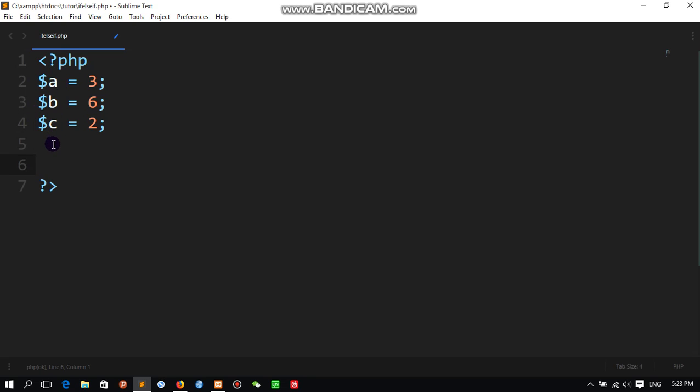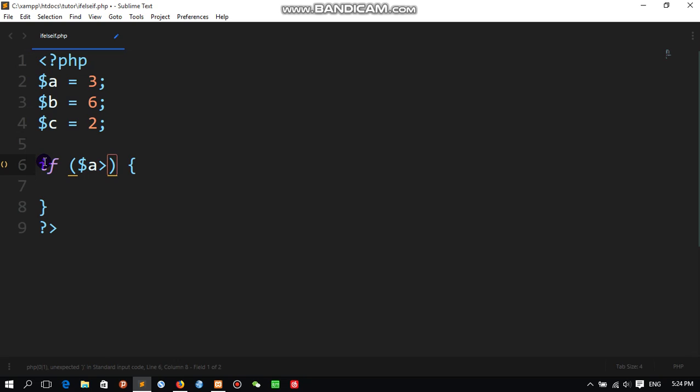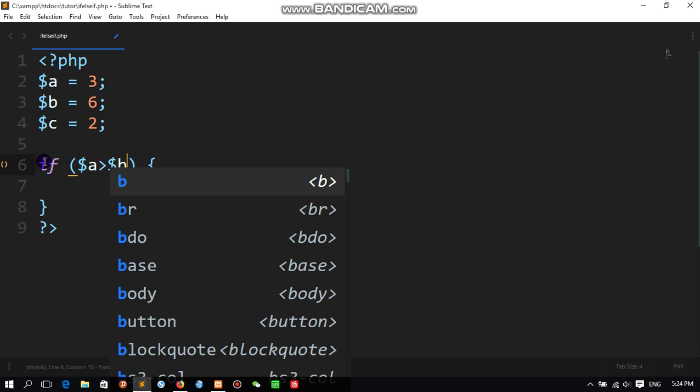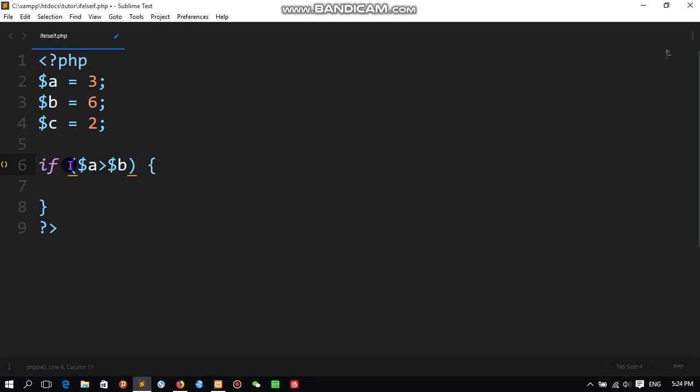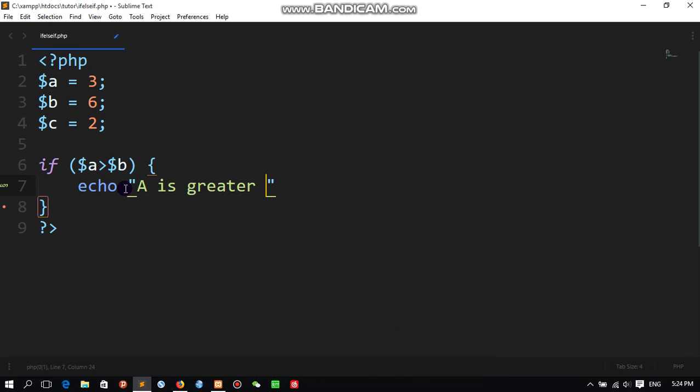Now, if I want to display the value by using an if statement, let me create if A is greater than variable B, I want to display some value here, like "A is greater than B", just simple.